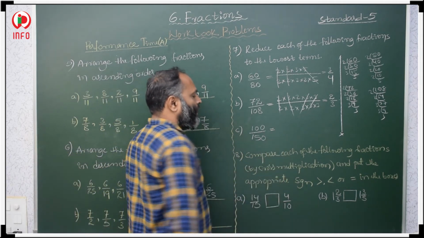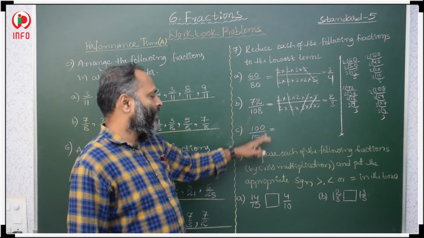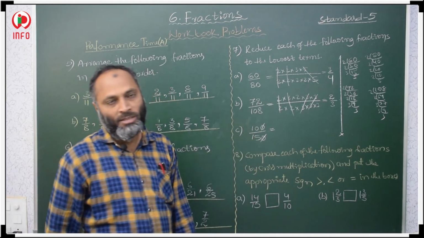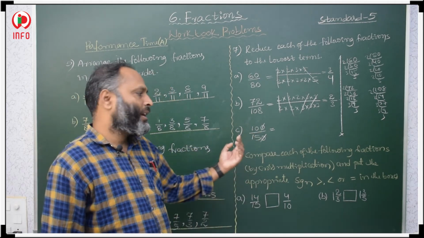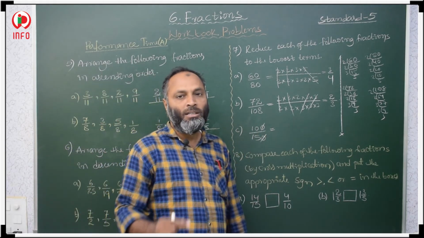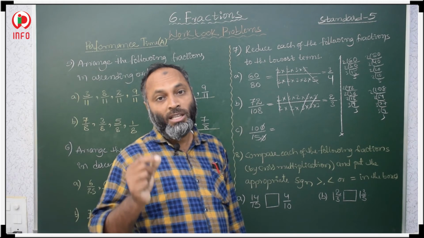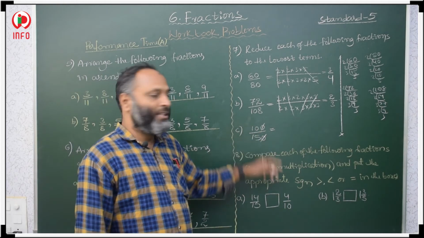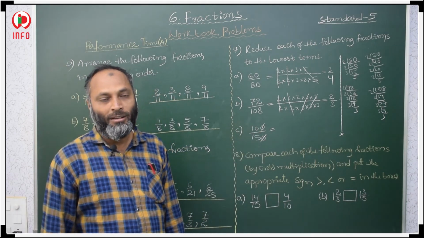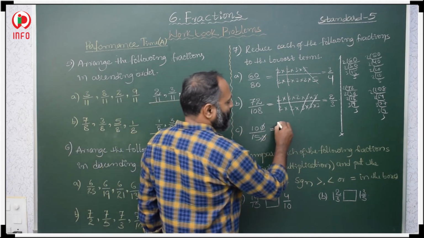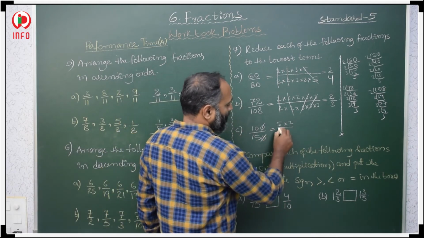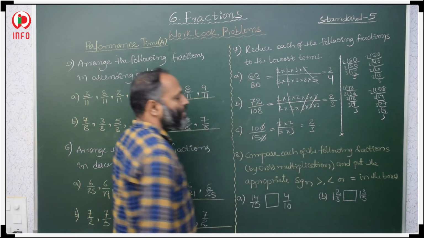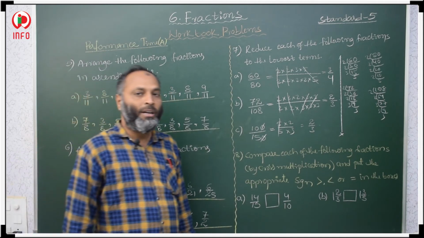Then here also, it is very easy. When the last digit in the one's place is 0, just cancel the one's digit, because it cancels in the tens place, 10 10s are, 10 15s are. That is why you have to cancel the last zeros, only when zeros are there in the one's place. If 5s are the last digit, then do not cancel the 5s. Okay. Then after that, 10 means 5 2s are 10, 15 means 5 3s are 15, 5 5 cancel, 2 by 3. This is our simplified form.